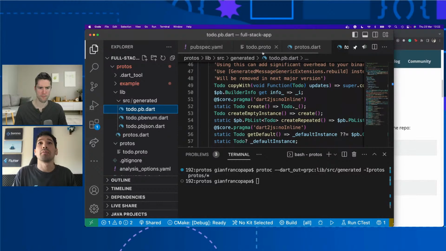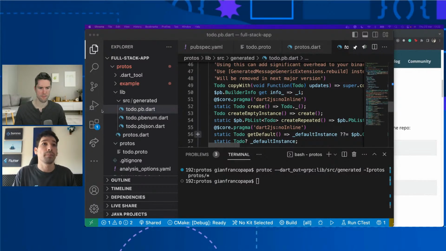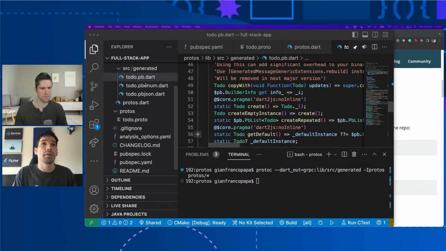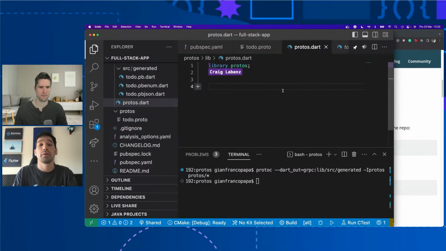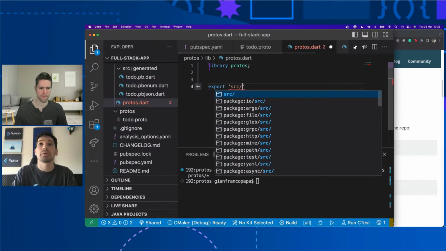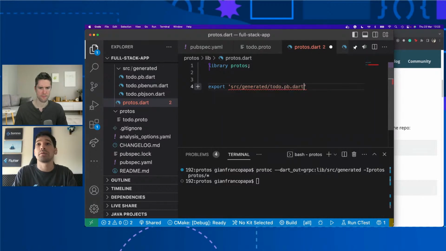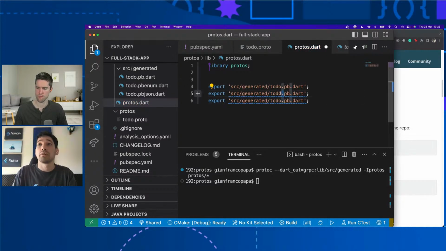Great. So what we can do right now is to export all of these files in the library. So maybe in this file we can export it. So it will be src/generated/todo.pb.dart, and we can do it with the other ones as well, just in case we need them.